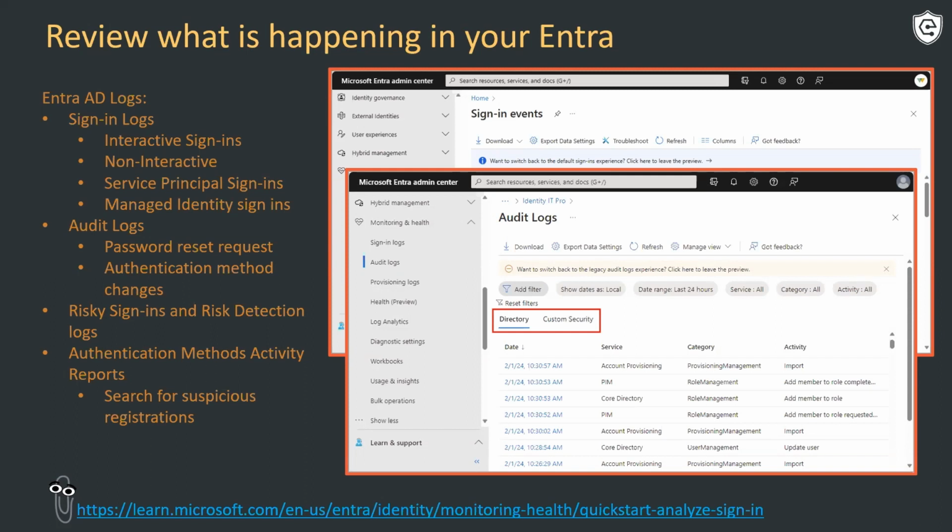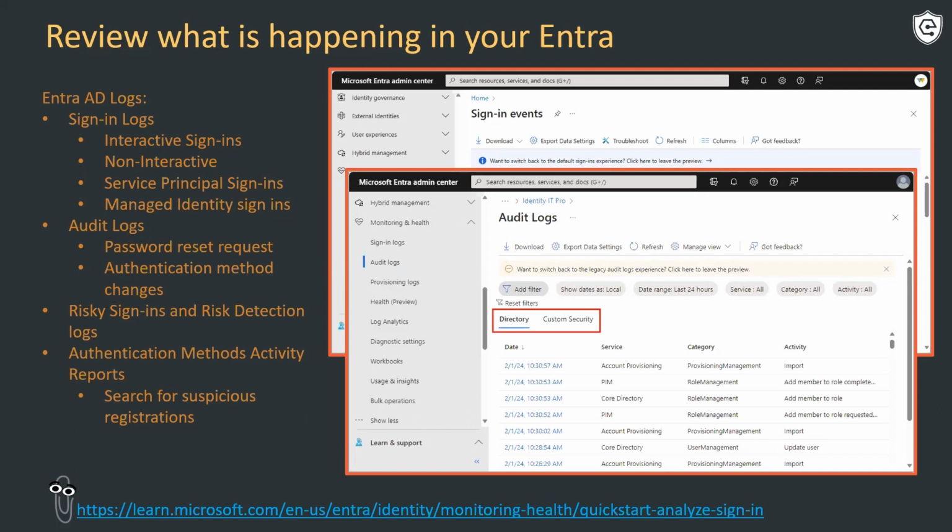Typically when we talk about telemetry and security, it's in reference to post-mortem and retention, and we are going to discuss that next. But there's a lot of common logging inside Entra that's really good to know and be familiar with, because you can also use it to verify that your MFA and conditional access policies are functioning as intended, right?